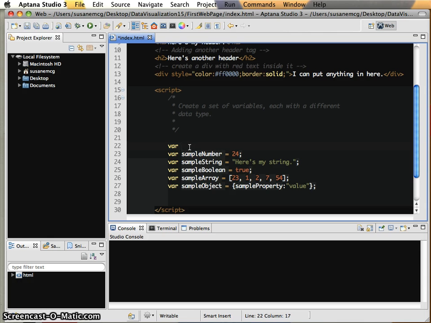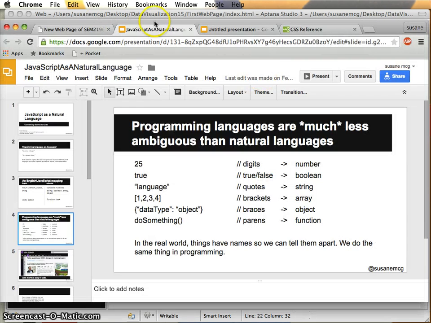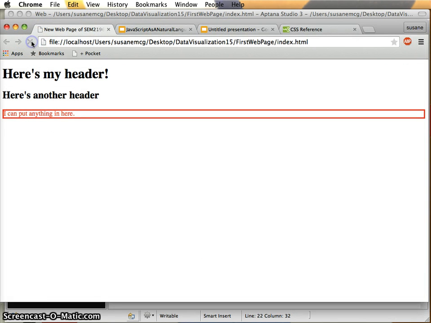So I'm going to say sample variable, okay? And you see, I've said create a box in memory, label it this way, but I haven't told it to put anything inside. And that's perfectly legitimate as well. Now the question is, what happens when I load up my page here? If I reload my page,